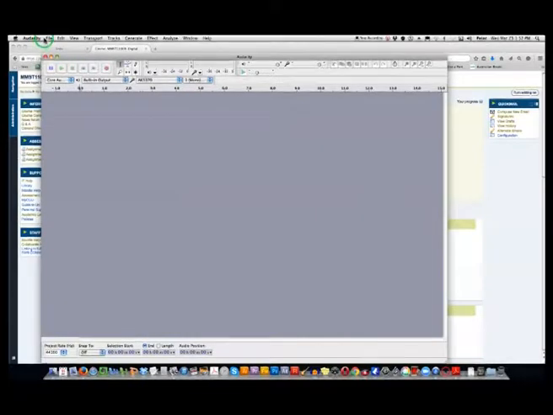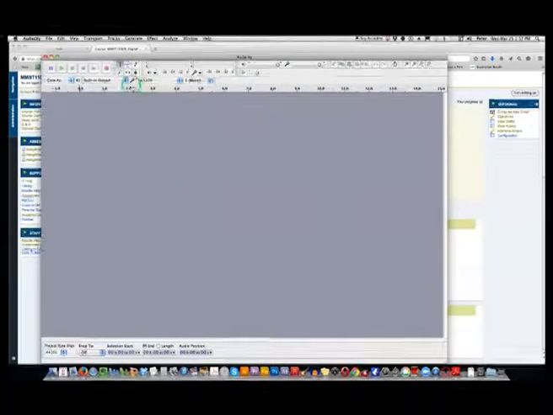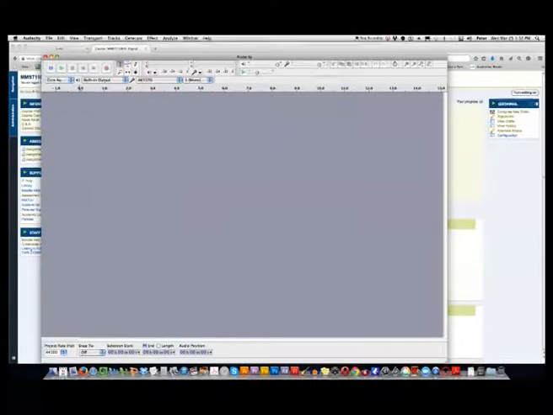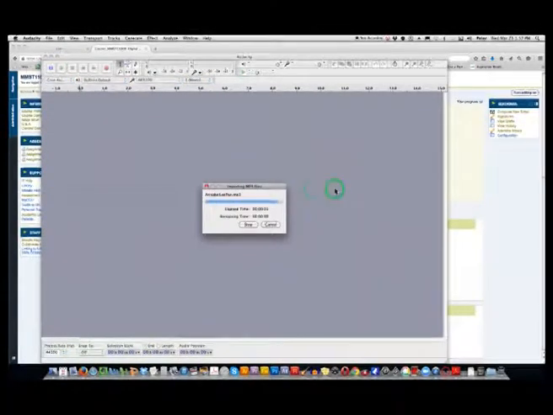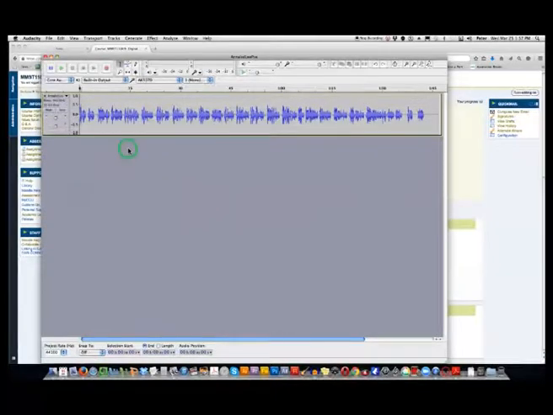Click there. There's controls up here. There's controls here. These are the most important things, as I've said. Now I'll import that track in. I can just drag it in from where I have it, or I can import it in, but I'll just drag it in. And it puts the track in here.